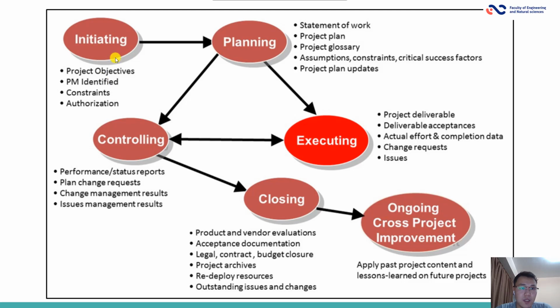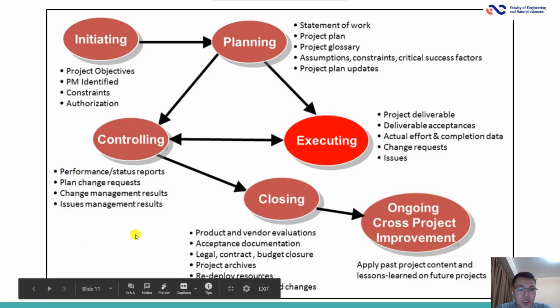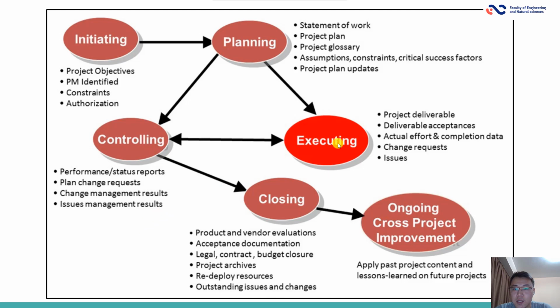Here in detail explained all these 5 categories. So initiating process contains project objectives, PM identified, constraints, authorization, and after initiating process it's planning. Here we'll talk about the statement of work, project plan, project glossary, assumptions, constraints, and critical success factors, project plan updates. After planning, it goes together, it's controlling and executing. In controlling, it's performance, plan change request, change management results, issues management results, and in executing, it's